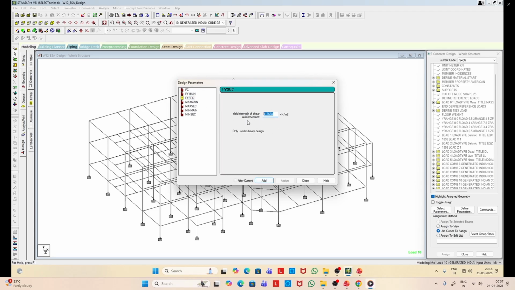Then for the secondary reinforcement also we have Fe415. Maximum size of main reinforcement, let us select 25 for a two-storied building. That should be enough. Likewise, the diameter of other reinforcement we can also select.